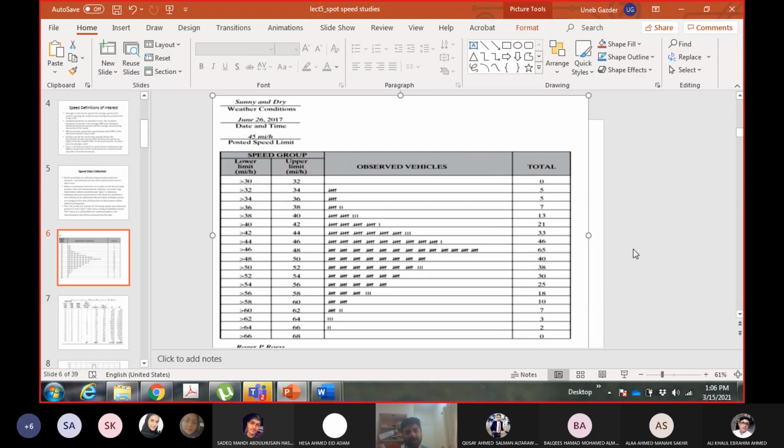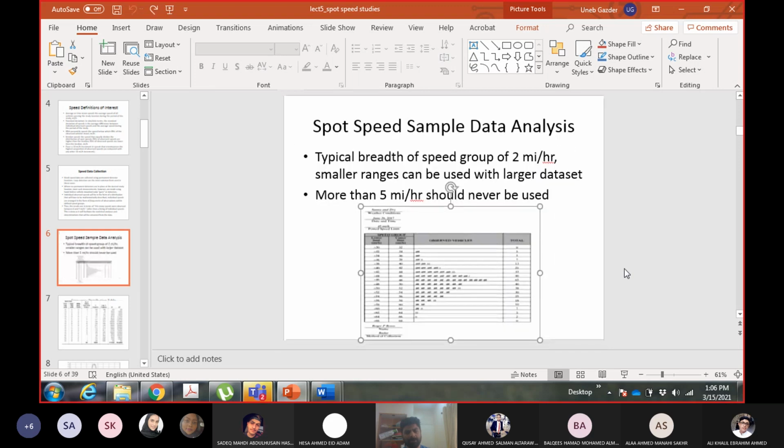Why do I use this notation? Because it is easier to put lines instead of writing numbers 1, 2, 3, 4, 5. These lines are known as tally marks. Like I said, the approach is you put 4 lines, and when you see the 5th one, you cross the 4, and then you start again. Each cross represents a combination of 5 lines, 5 vehicles. This is where I'm stopping now, and we will do the remaining example on Thursday, inshallah.